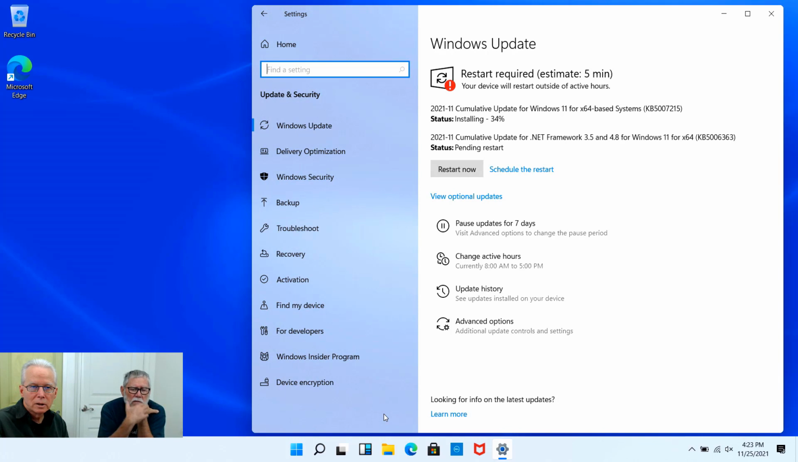And it's asking, so the top item there says status installing 34%. The second item is pending restart, and there's a restart now button. I don't want to do the restart now button until that top one finishes installing. It looks like it's stuck at 34%, and this does happen during updates where the numbers will be incrementing and